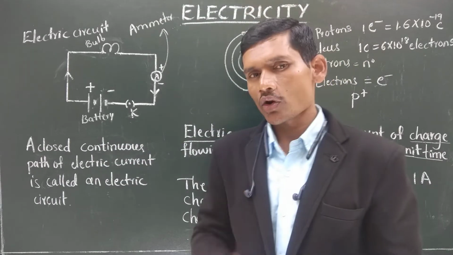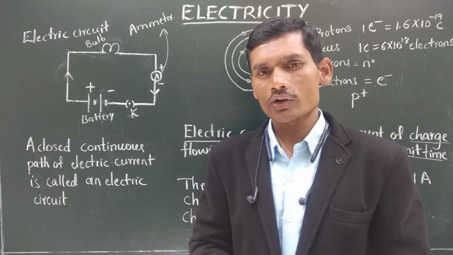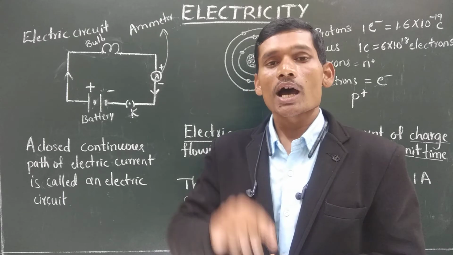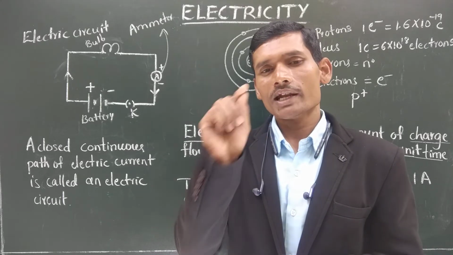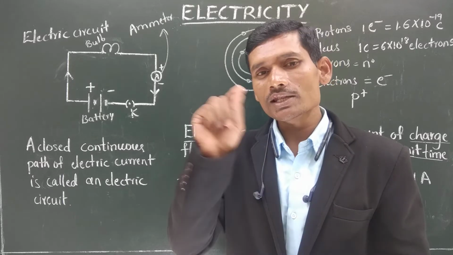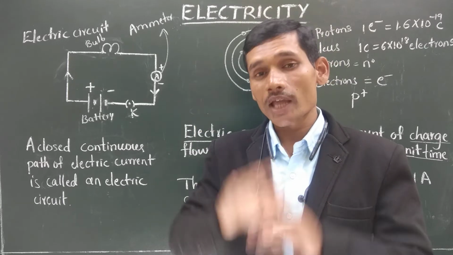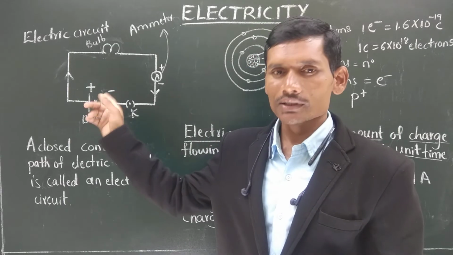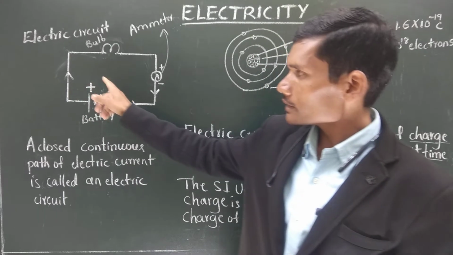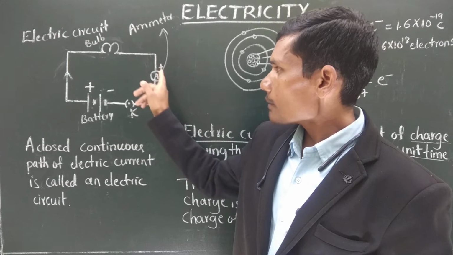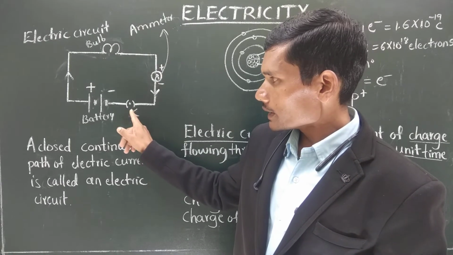Just recall your previous classes, what you have learned already. An electric circuit, it is what? A closed conducting path of electric current through a switch, a bulb and a cell. This is a simple electric circuit that you have studied in previous classes. Now I have drawn here another electric circuit which consists of a bulb, an ammeter and a plug key and